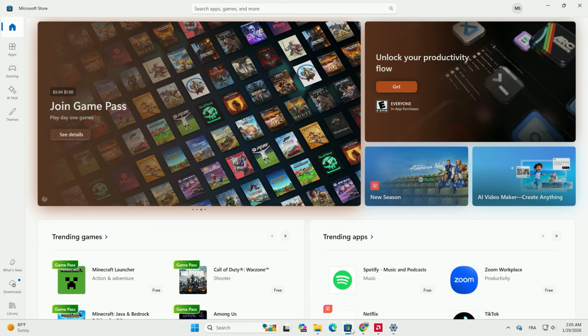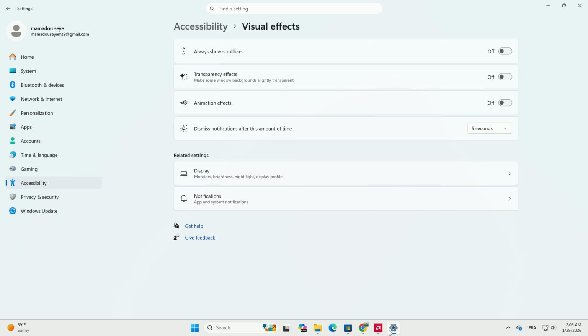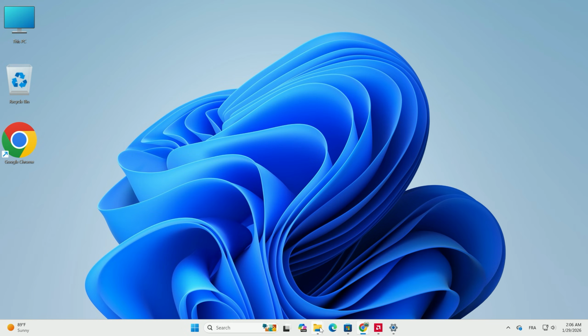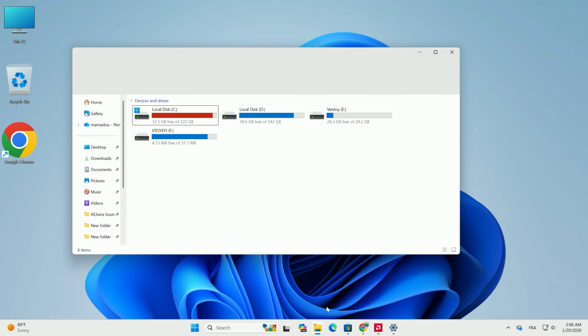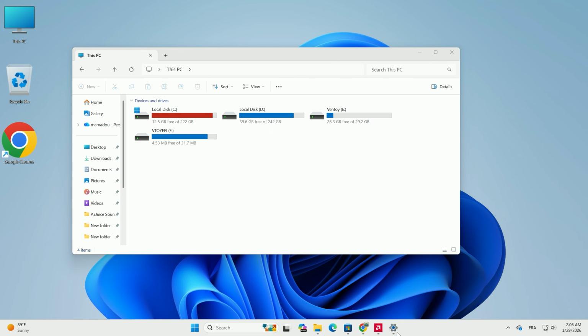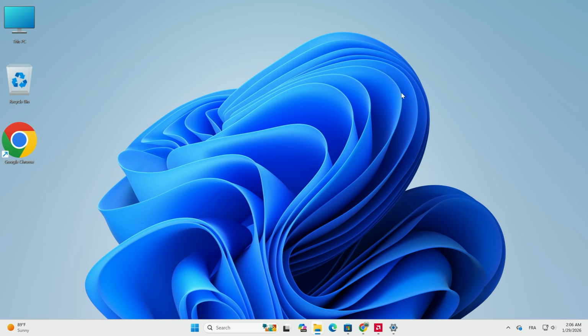By disabling these, you are telling Windows to stop wasting cycles on eye candy and focus all its power on your actual tasks. It makes the user interface feel snappy rather than just smooth, which is a massive speed boost for your daily workflow. Now that we have made the UI lightning fast, there is one last tip to ensure